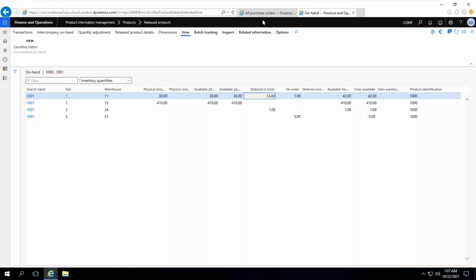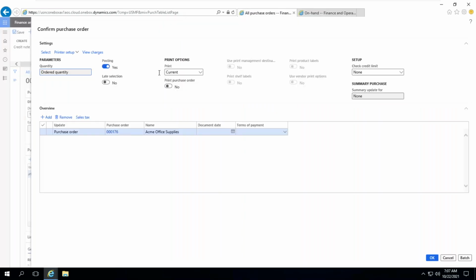Once everything is done, you can take a printout. Print purchase order. If you click OK, it will take 2 minutes. This printout you will send to your vendor.